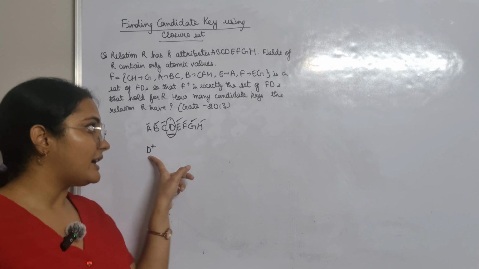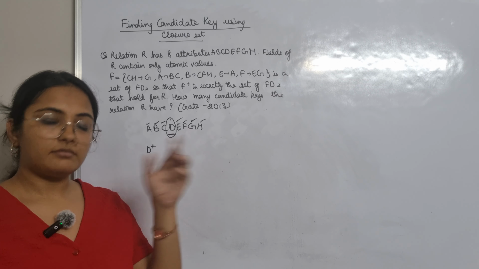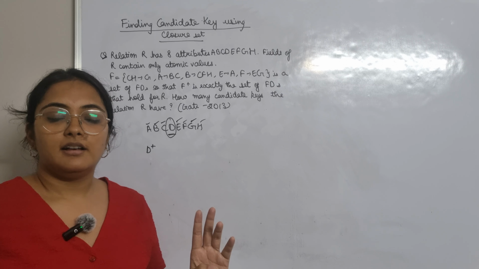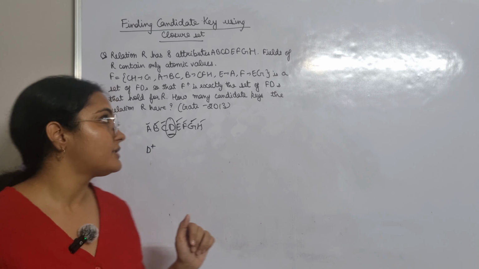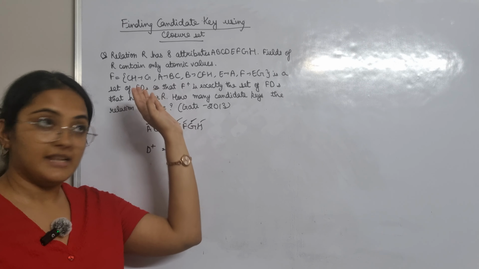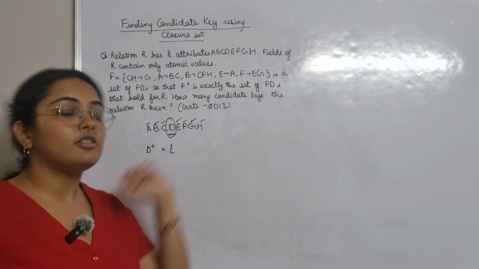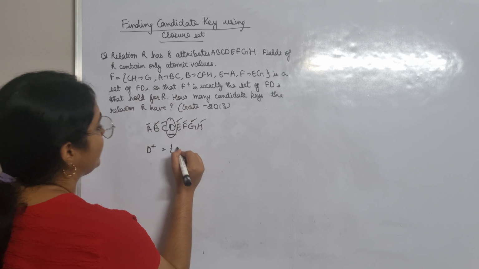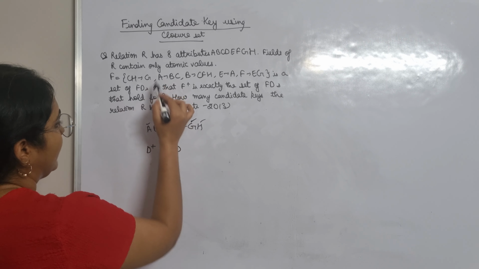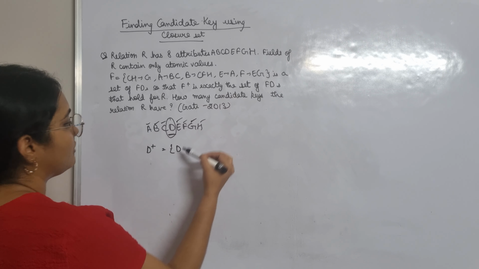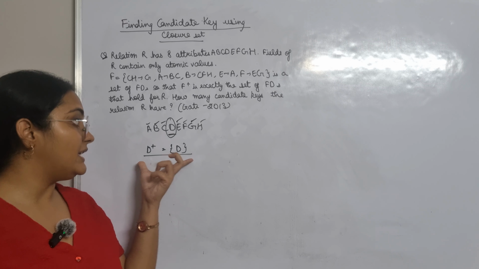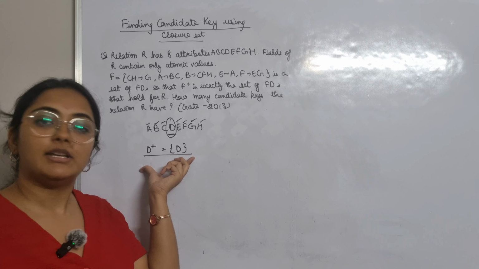One. So let's start with one attribute, and since D needs to be included in the candidate key, let's start with D and see if D is enough to find out the set of all attributes of the relation schema. What can D find out? D does not appear on the left hand side of any functional dependency either, so D cannot determine anything. D can determine D, by the reflexive rule, any attribute can determine itself. CH we don't have, A we don't have, B we don't have, E we don't have, F we don't have, anything we don't have. So the closure of D gives only D. So D is not enough to be the candidate key for the relation schema.